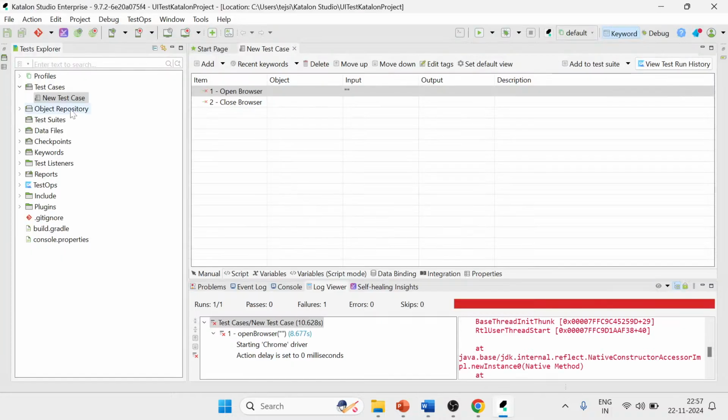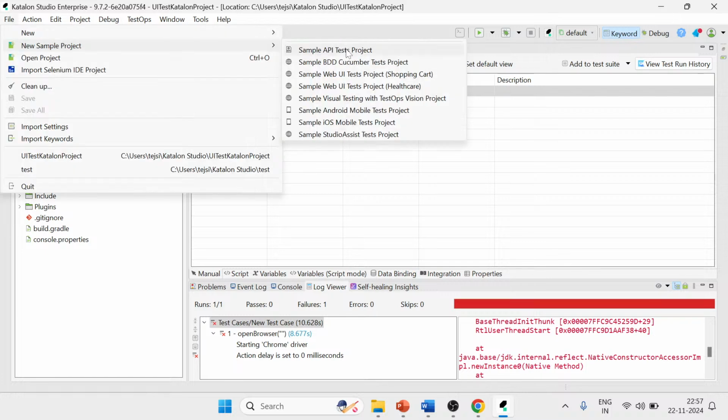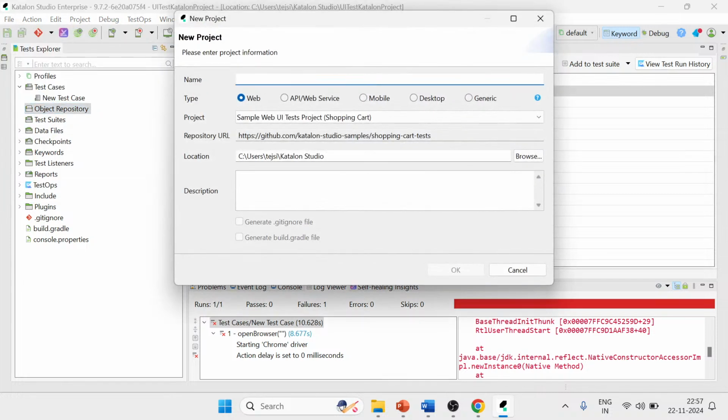So if you go, this is the object repository. If you have recorded correctly, all the objects will come here. For this, what I will do, I just open any sample project. It will be easy for you to understand this. Wave UI shopping cart. Okay,